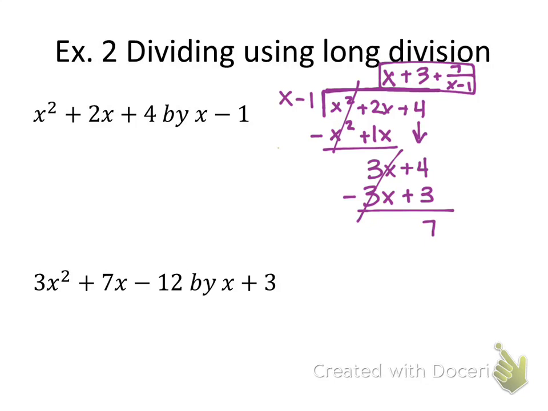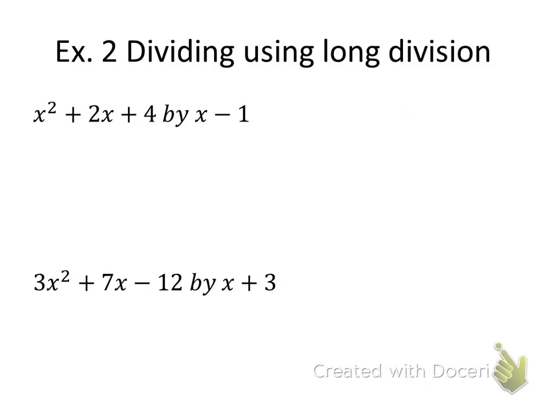Okay? Now, let's do the second problem. Okay, that one was the first one. It taught you what to do. Now we're going to do this second one. So, what is going to go on the outside when I do long division? X plus 3. So I write x plus 3 on the outside. What goes underneath the division sign? 3x squared plus 7x minus 12. Very good. 3x squared plus 7x